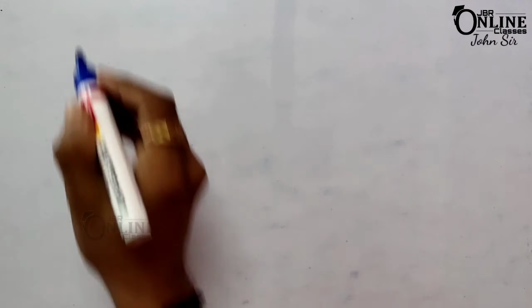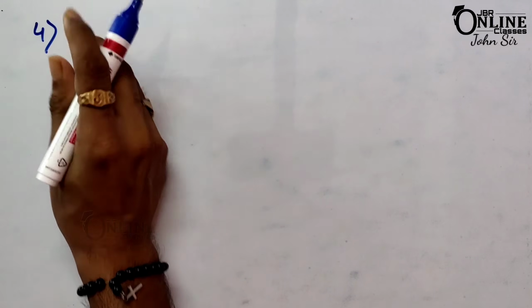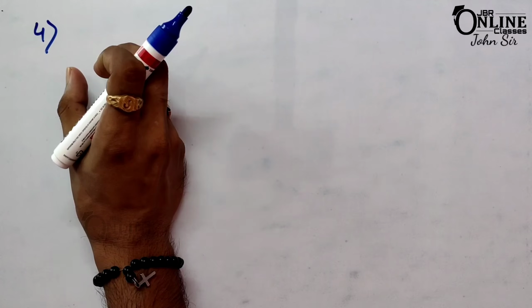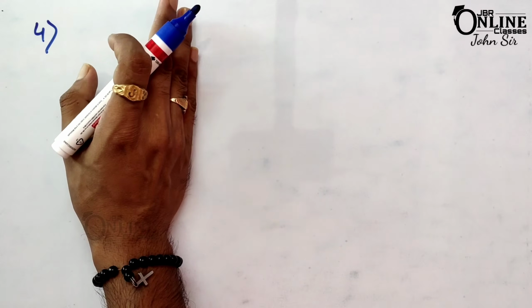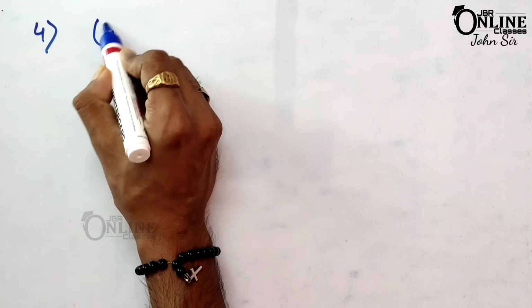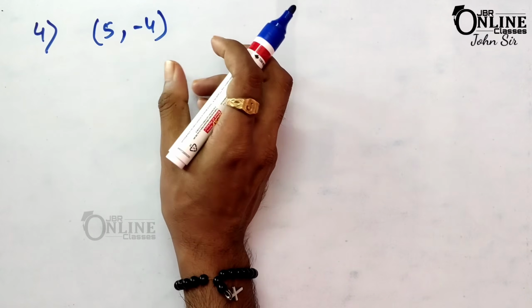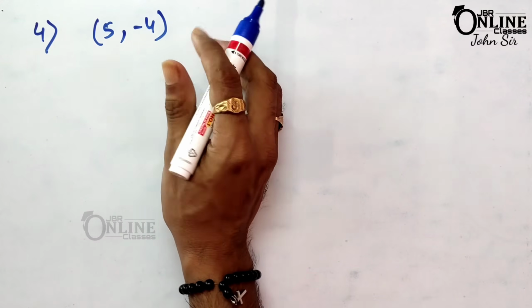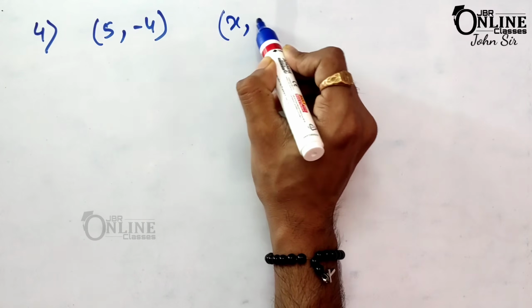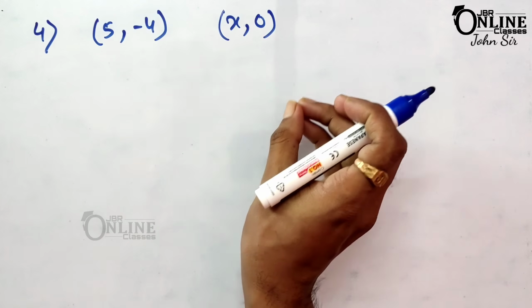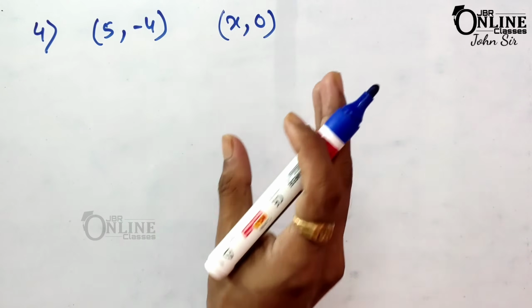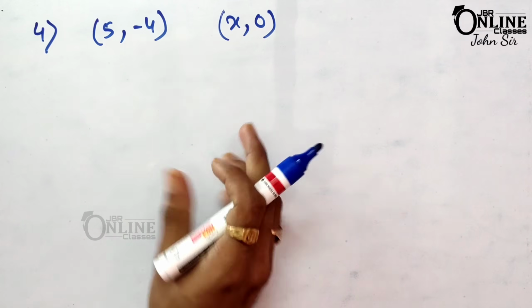Now sum number 4. In sum number 4 there will be two sums. First one, find the point on the x-axis which is at a distance of 5 units from the point (5, -4). Okay, so that means you have to find the point on the x-axis. So let the point on the x-axis be (x, 0). You know that the point on the x-axis, the y coordinate will always be 0, and the distance between